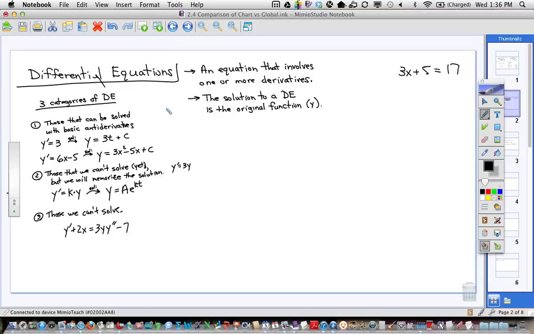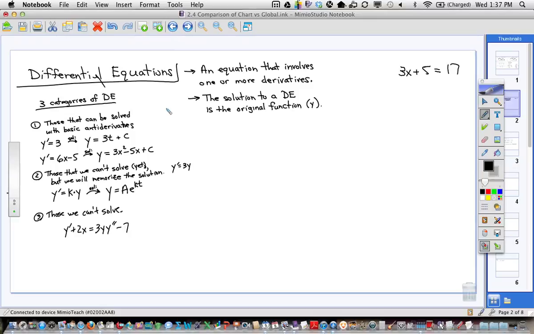And in some of the problems we do on differential equations, they'll actually just tell you in the problem what the solution is. They'll just say, hey, this problem can be modeled by this differential equation. The solution to that differential equation is this. And then they'll ask you questions using that solution. Okay? So the only ones we'll really solve ourselves will be these basic antiderivatives, which are some things you already did in your homework today. Hardest part of differential equations is just wrapping your head around the whole concept of this versus an algebraic equation. Okay, last thing I want to do here, and then we'll talk about the homework,